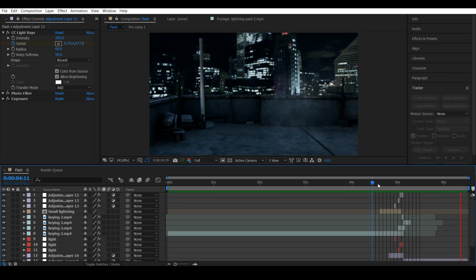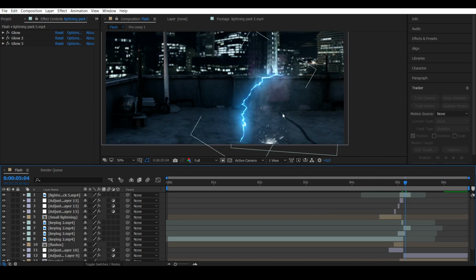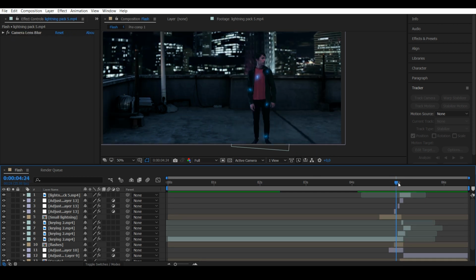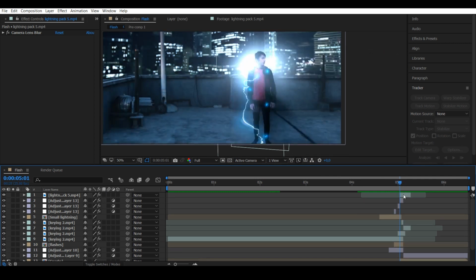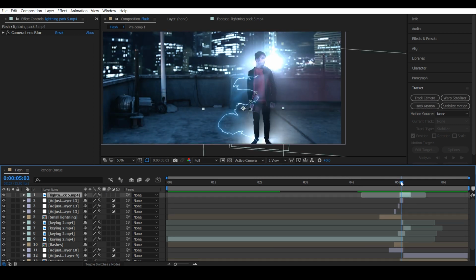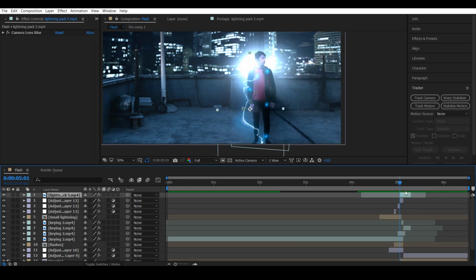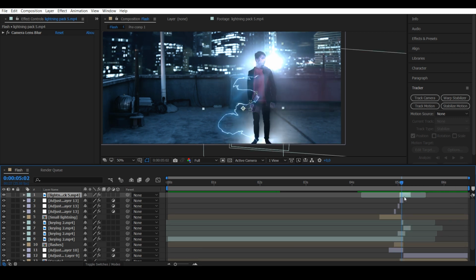So now it's time for the big lightning strikes. All the lightning that I'm using in this tutorial, I will be giving it to you at the end of this video, so you can use it for your own projects. So now that I've added this lightning and positioned it, I tried to replicate the lightning from the scene as much as possible, but to make the lightning look better,